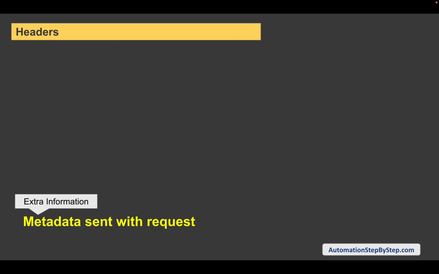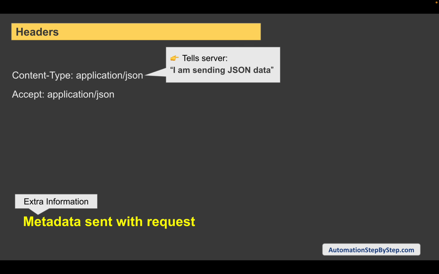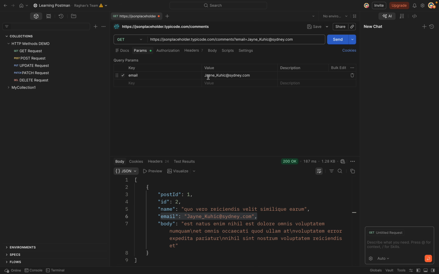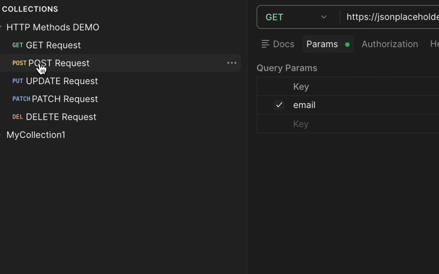Now let's talk about headers. Headers are the extra information we send with our request, and you may have seen some common headers like content type and accept. The content type header tells the server what format you are sending your request in. For example, if you say content type application JSON, it tells the server that you are sending JSON data. So if you go to your Postman, and let's say I go to any of my earlier requests,